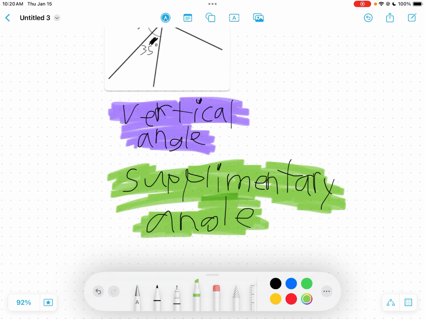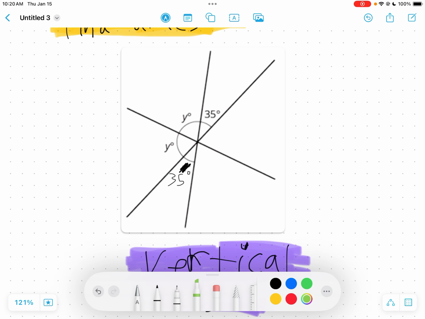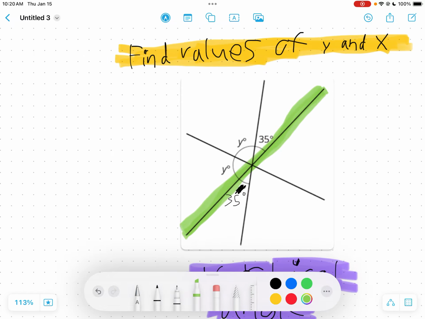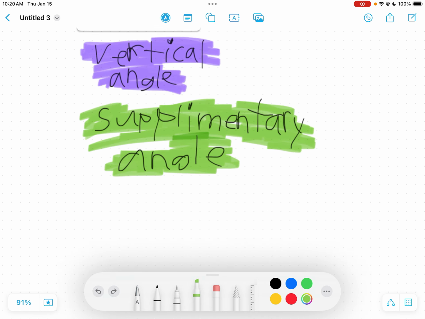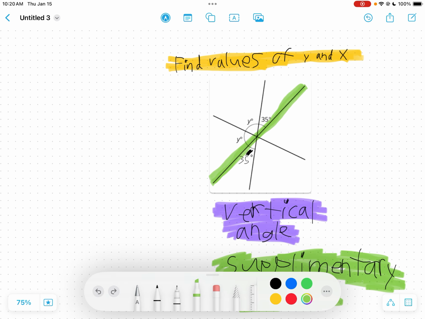And that angle is right here. And that may seem confusing because, well, no, it's not really confusing, actually. Either way, just for your information,